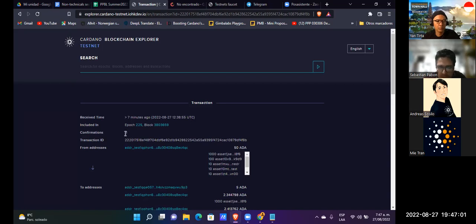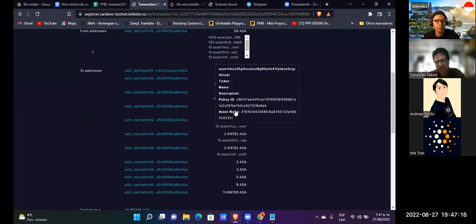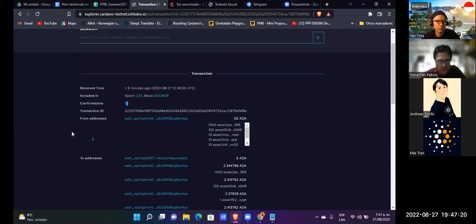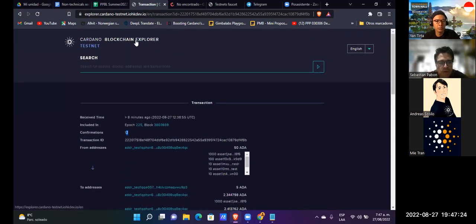In some cases, you have 20 or 30 or 40, and with the passing of time, the number of confirmations increases. Okay, 12 confirmations.